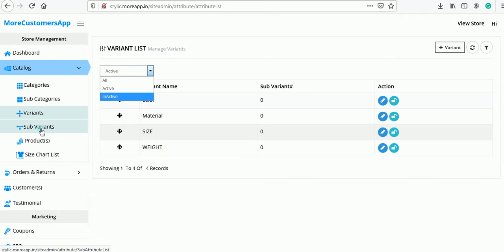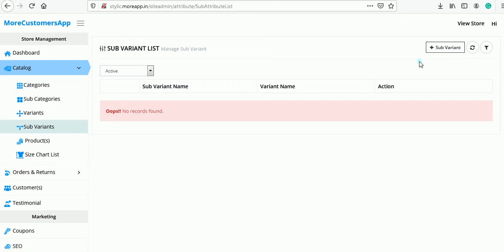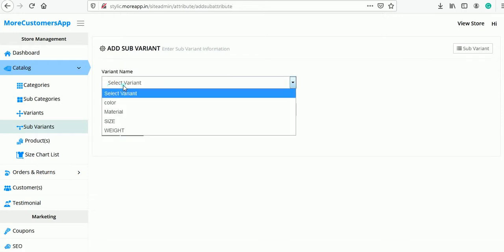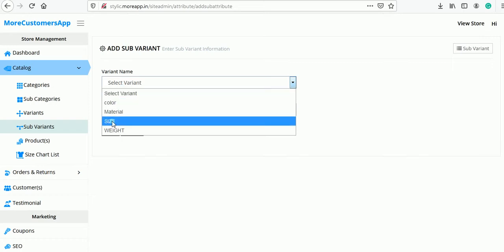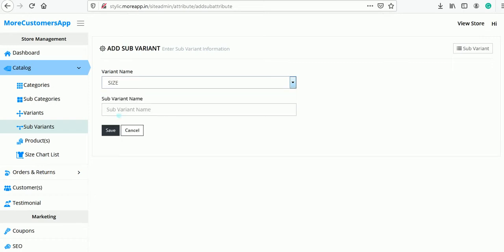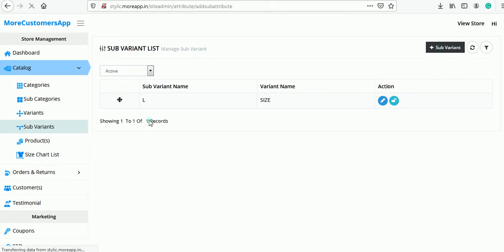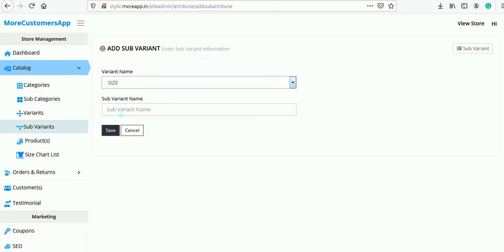Now let's go for creating subvariants. Click on the icon of subvariants. Here you can see the plus icon, add a subvariant from here. Select the variant name for which you are going to create the subvariant. I am selecting size here. Now under size I will mention L as my subvariant. Another one under size, I am mentioning XL,